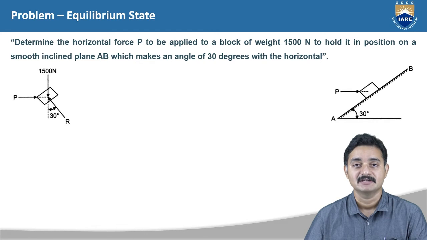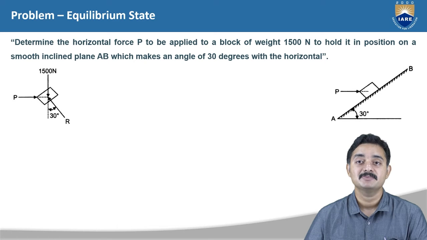So, in the free body diagram of the given system, first the given body is drawn, which is the block as it is in respect to the position. Force P is represented at the point and direction as it is. And the weight of the body 1500 newtons is shown vertically downwards, which will act from the center of the body. Always, the weight of the given object should be represented from the center of the body and in vertically downward direction. Even though the body is in any orientation, that is horizontal or inclined, the weight must be represented